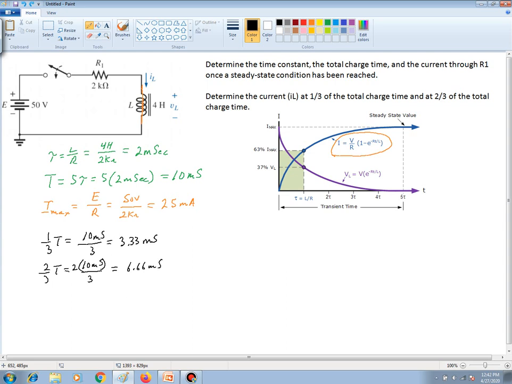Solving for I at 1/3 of the total charge time gives an equation of I equal to the voltage, which is 50 volts, divided by the resistance, which is 2 kilo ohms, times 1 minus e to the negative, and we have a resistance of 2k ohm times the time that has elapsed from when the switch was closed, which is 3.33 milliseconds, all over the inductance, which is 4 henries, and that gives us an answer of